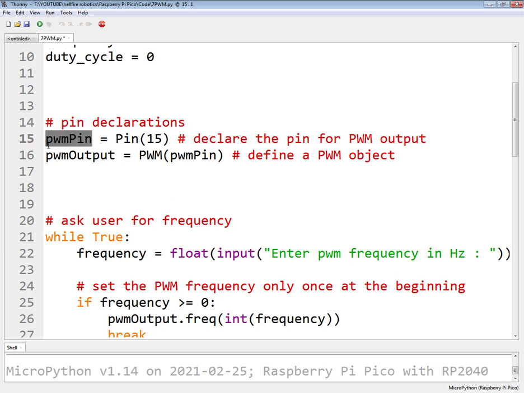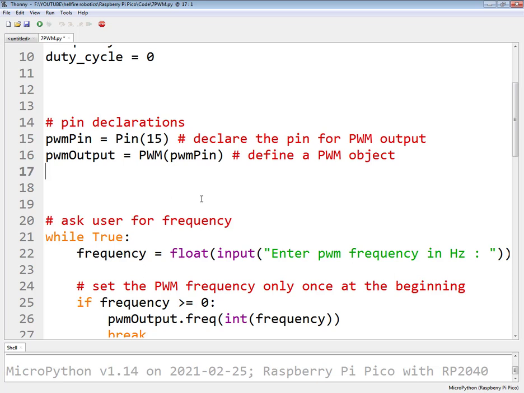So I will make pwm_pin an object. Usually people call it a variable, but technically speaking it is not a variable because in Python everything is an object. So of this Pin class I will make an object pwm_pin, and I will give the ID. This ID is equal to the GPIO pin number. It is not the physical pin number of the Raspberry Pi. It is the GPIO pin number.